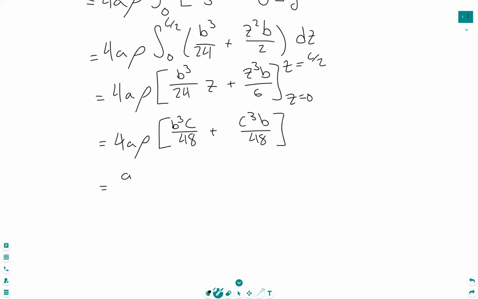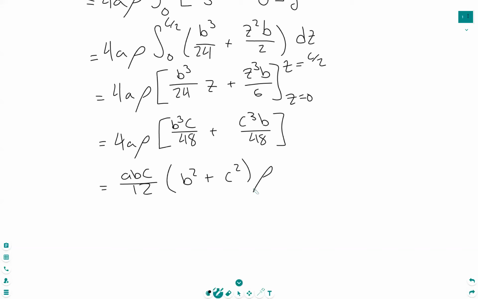I get abc over 12 times the quantity b squared plus c squared times rho. Okay, so that was for Ix, and I said that we're not going to be doing Iy or Iz, because